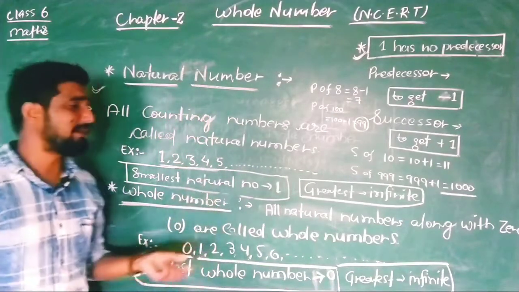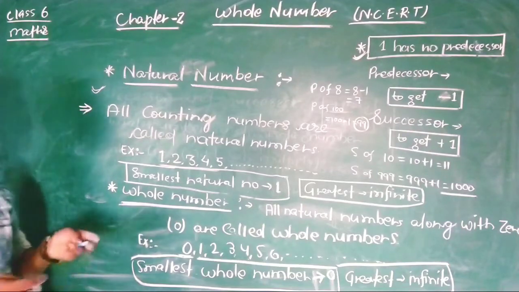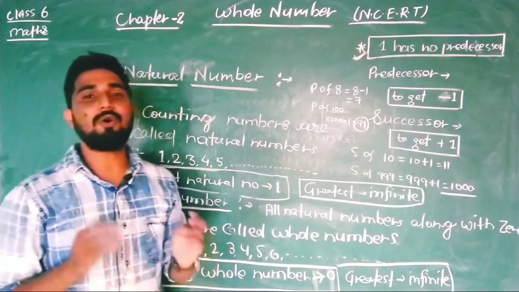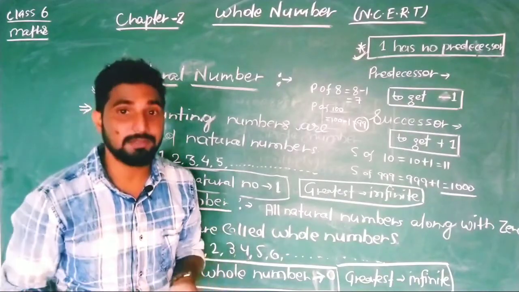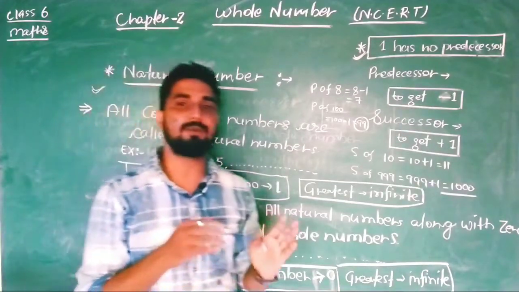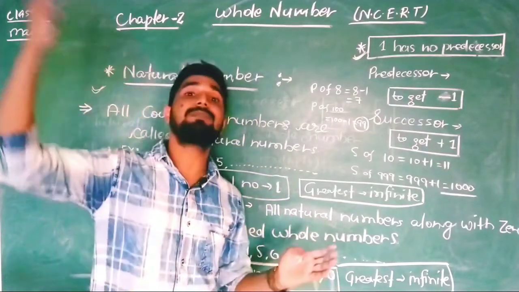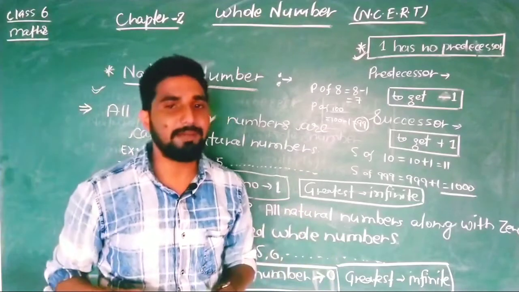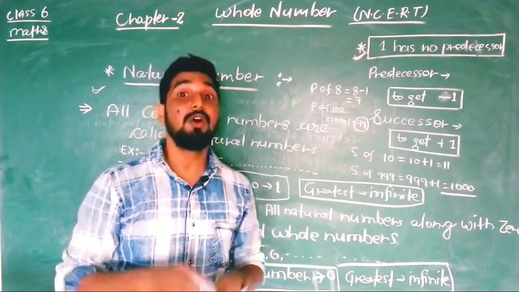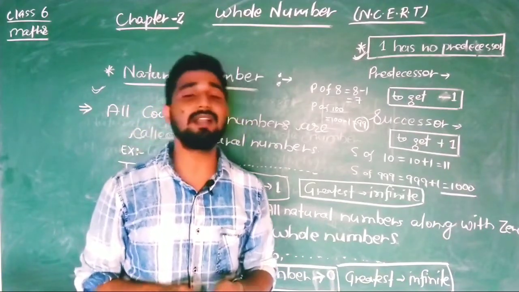So these are the definitions I have discussed for natural numbers and whole numbers. Two important questions I must tell you, which can be asked in examination. Are all natural numbers also whole numbers? Yes, all natural numbers are whole numbers, because natural numbers start from 1 to infinite, and in the whole number family it is 0 to infinite. So obviously 1 to infinite will come in between. Whole numbers have one extra number, that is 0. So my question was: do all natural numbers belong to the whole number family? Yes, all natural numbers are whole numbers.